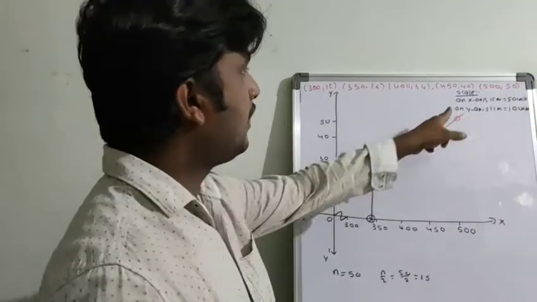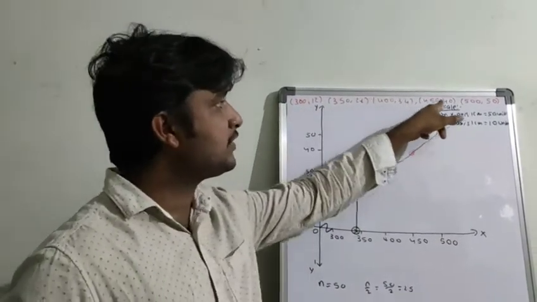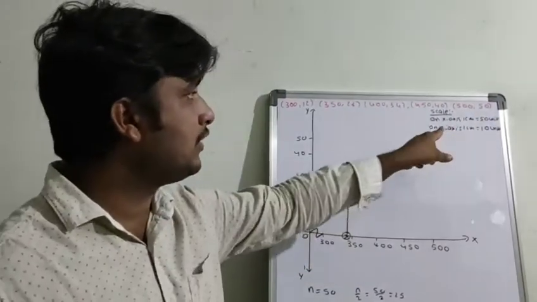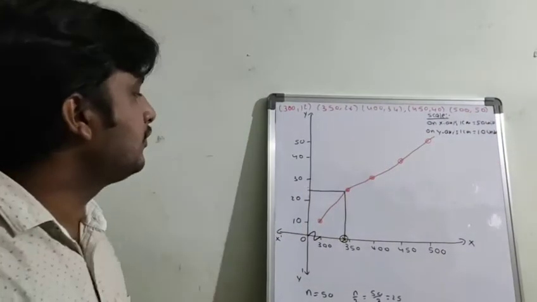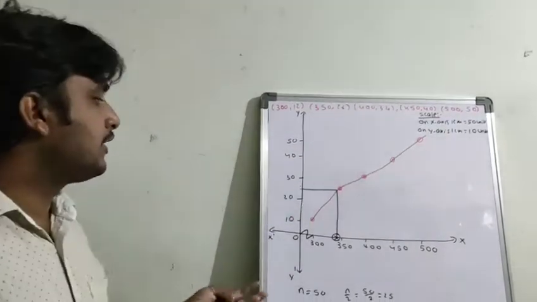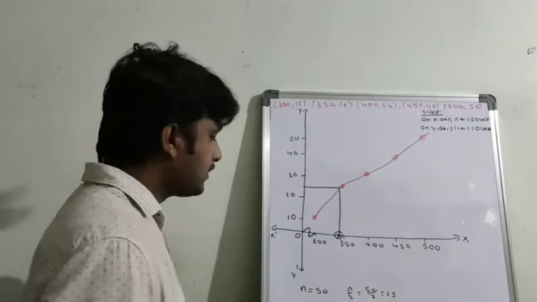So I am writing again. This is a graph, on the x-axis 1 cm to 15 units. Why am I taking 15 units? According to the given information, I want 50 differences from one observation to the other, so on the x-axis I take 1 cm to 15 units. And on the y-axis, 12, 26, 34, 40, 50, so 10 is an appropriate scale. So that is why I took 10 as the scale on the y-axis.